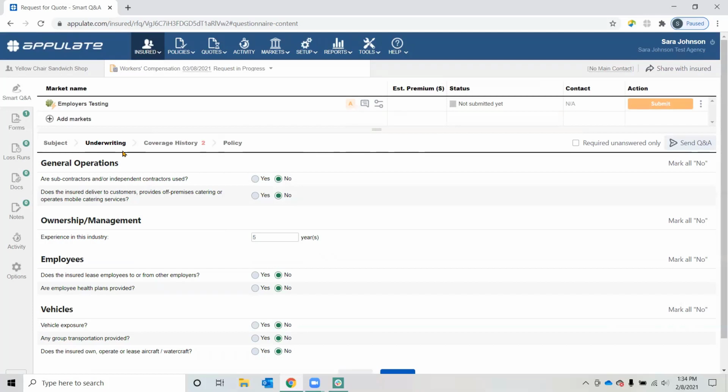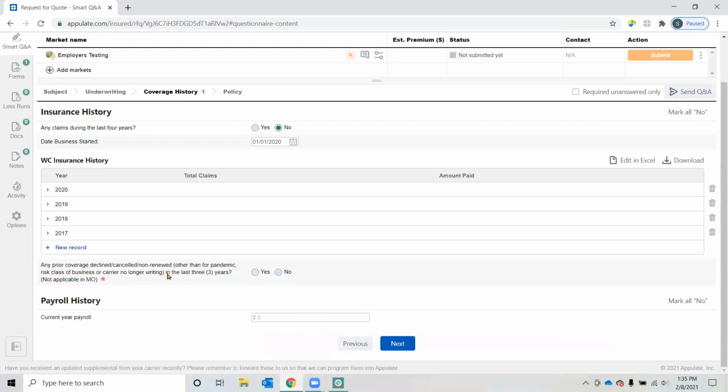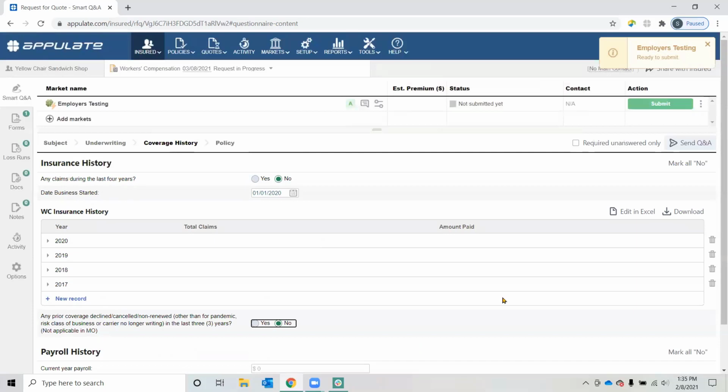Now we've answered all of the missing and required questions in Underwriting. So I will move on to coverage history. 2 missing and required questions left here. Moving on to my last letter indicator. And now we've gotten exactly where we wanted to be, which was getting this green A that's going to allow